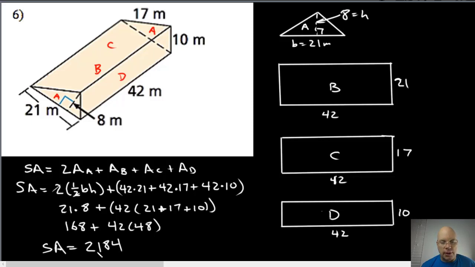is equal to 2184. The units would be meters squared, because even though we're dealing with a 3-dimensional object here, when we're talking about surface area, we're talking about the amount of material that would be required to cover this 3-dimensional object. Each face is representing 2-dimensional space, so the sum of the areas of those faces is just an area in itself, and so it would be 2-dimensional. So meters squared. So the surface area of this triangular prism is